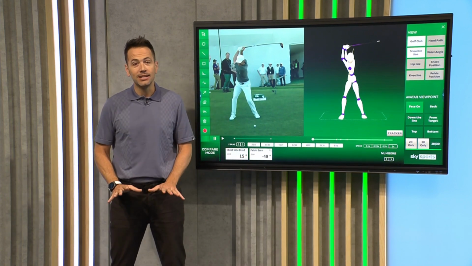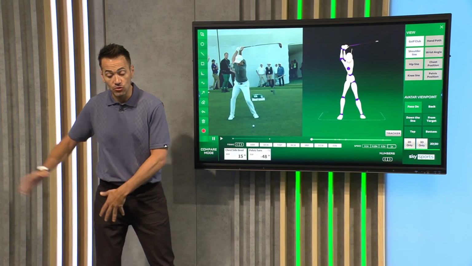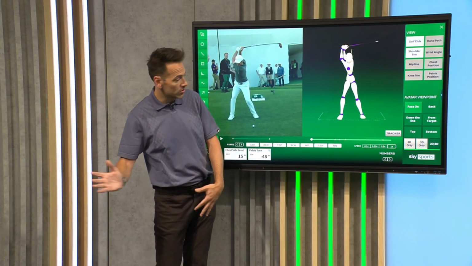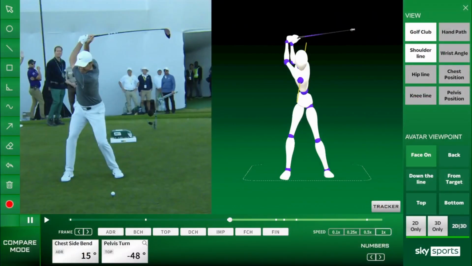So as a kid, he did this. He didn't try to do it. It naturally happened because he was trying to get his weight from his right side where he'd loaded across to his left. And we can see that at the top of his backswing, he has moved nicely into that right side. One thing I also want to show you though, which probably contributes to it happening, if we turn him